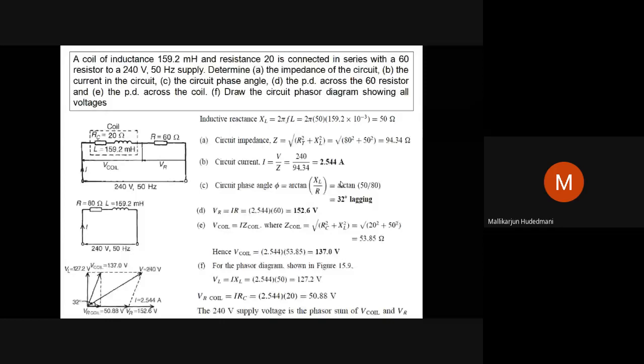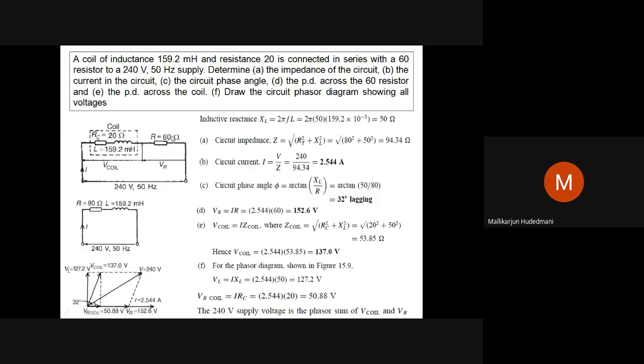So this is nothing but one of the laboratory experiments you have done: identification of the resistance and inductance of the choke coil. Hope you remember, that kind of R-RL circuit is this. Working with the given data, a coil is mentioned. How is it mentioned? Dotted, you can see here. It is the inductor having 20 ohm. So I can write this as an RL series with a dotted circle to show the coil, and an external resistor of 60 ohm. What the value is given, I should mention.